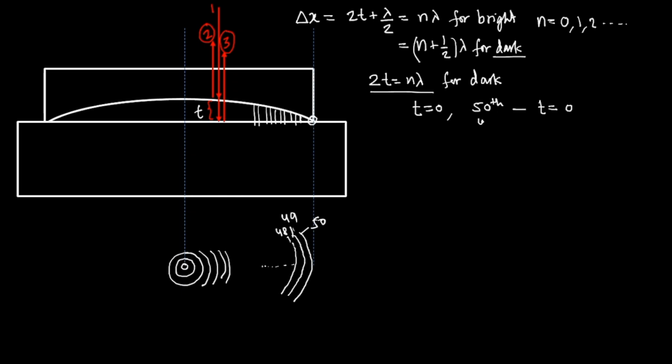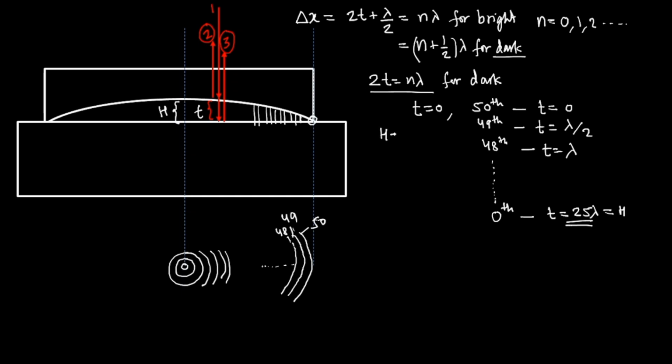So for the 49th fringe, what will be t? n will be 1, so t will be lambda by 2. Similarly, for the 48th, n equal to 2, that means t is equal to lambda. So this is actually an arithmetic progression, and for the 0th fringe or the central dark spot, t will be what? You can extrapolate and see that it will be 25 lambda, and this is nothing but the thickness at the center, h. So h equals 25 lambda,